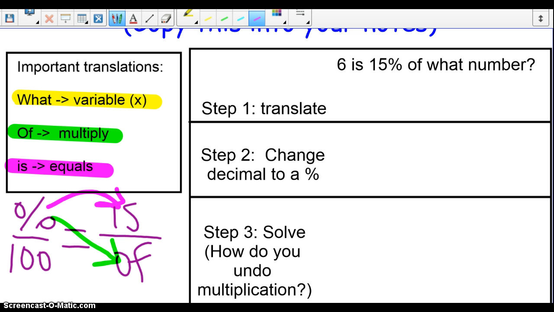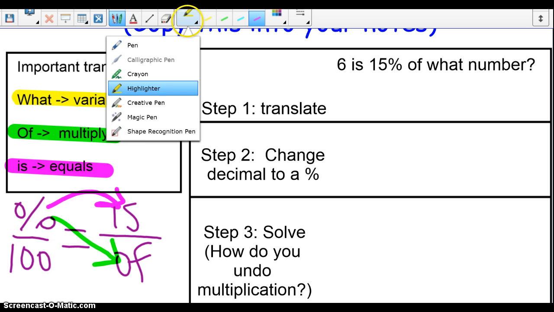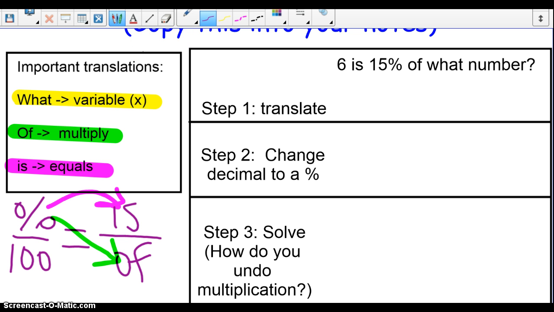So what is the variable? Of means multiply, is means equals. All right, so let's go over here, and our question is 6 is 15% of what number? Yesterday we put that into a proportion. Today, let's just translate it. So step 1, translate. 6, you just write the 6. Is. What does is mean? Got it, equals 15%